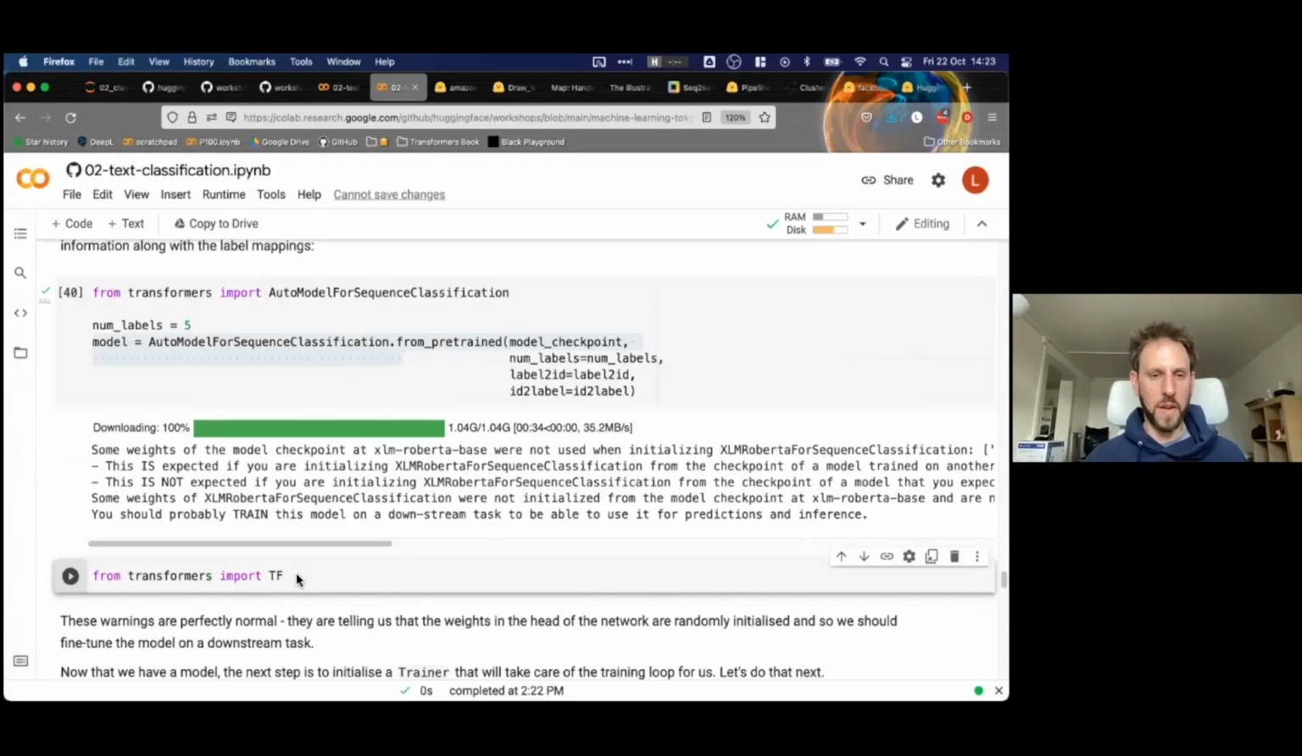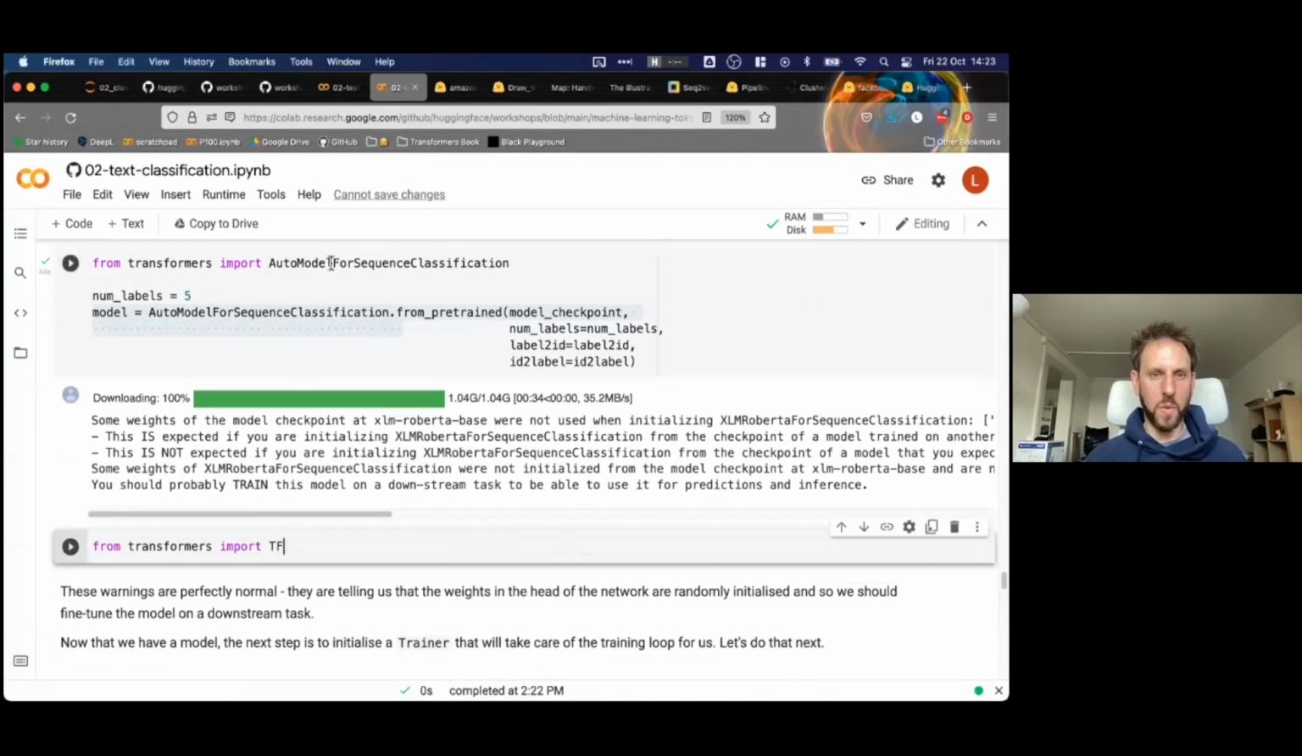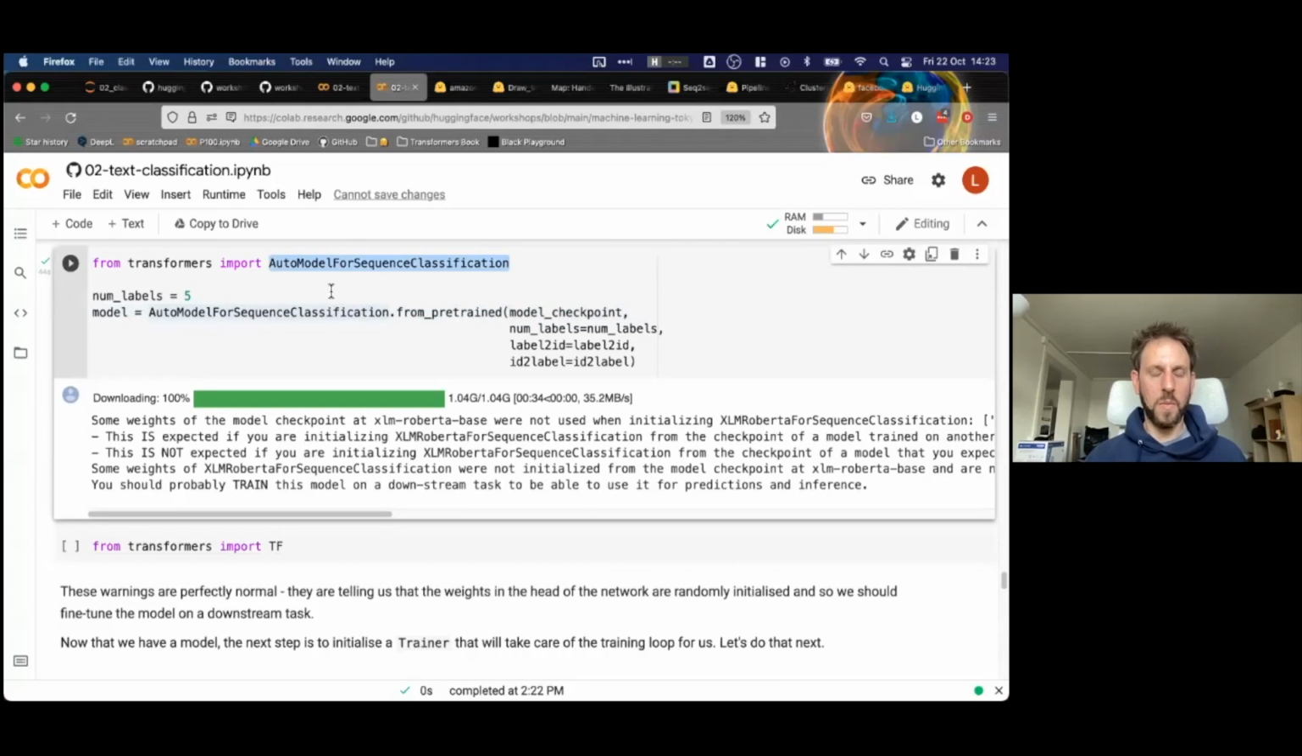Okay, so while that's happening, we have these auto model classes, and most of these auto model classes have a TensorFlow equivalent where you can just put a TF at the front. And so if you do that,